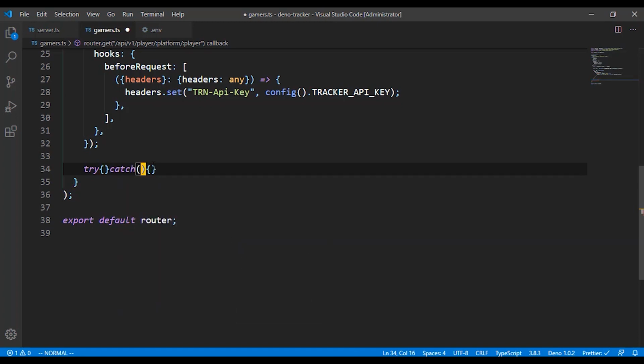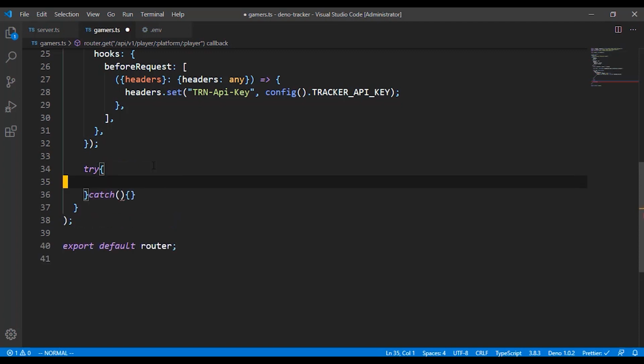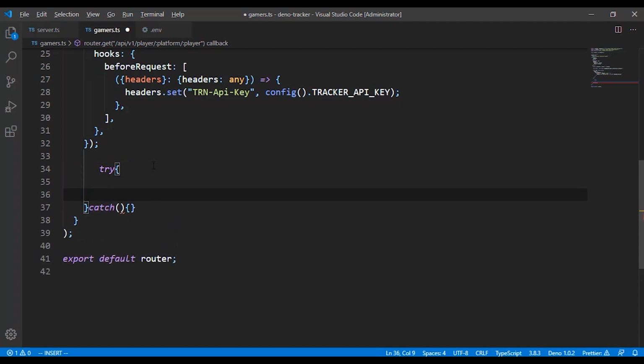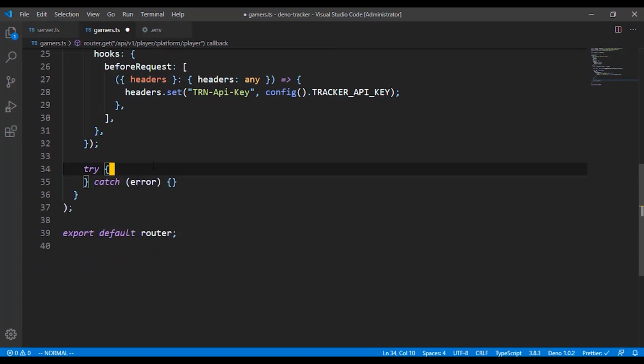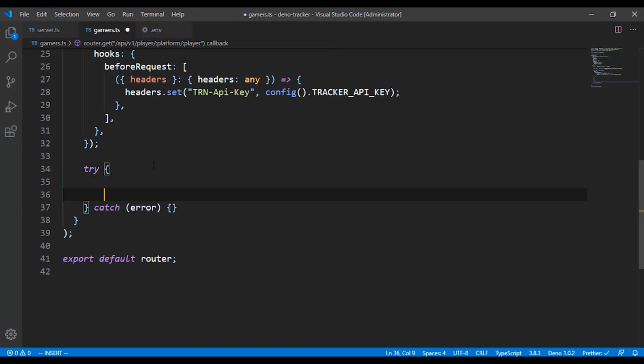Now in the try block itself, let me format that properly. Okay, it's not going to work because I still have something I have to do here. So in this block, we want to get a user. So the user is going to be coming from